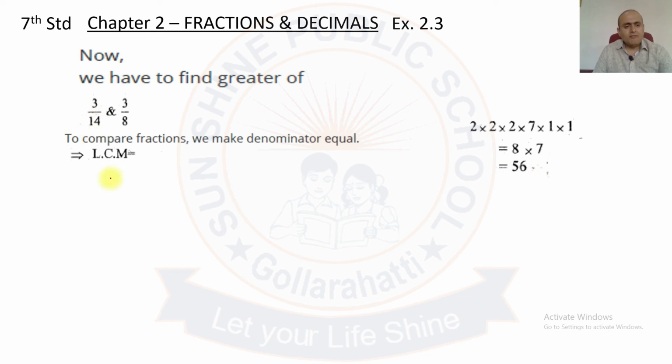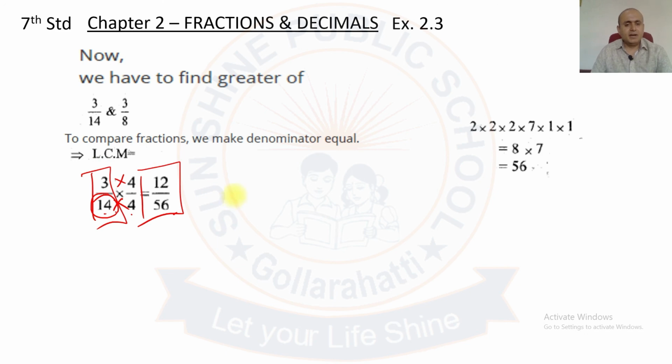Let us take 3 by 14 and make the denominator equivalent to 56. So for 3 by 14, to make the denominator 56, we should multiply by 4. Therefore when you multiply 14 by 4 and make it an equivalent fraction with 56, we should multiply the numerator by the same number, that is 4. We multiply 3 into 4 in the numerator, that is 3 4s are 12. In the place of 3 by 14 we get 12 by 56. That is nothing but an equivalent fraction making the denominators equal.